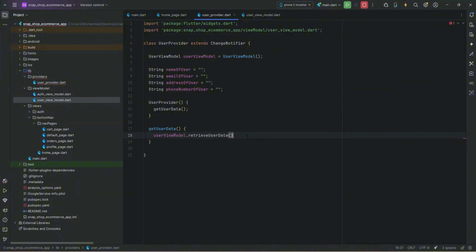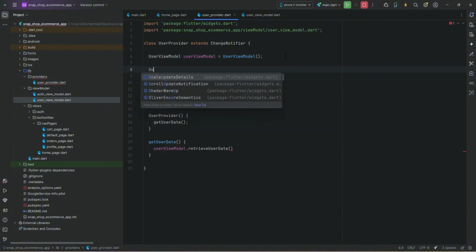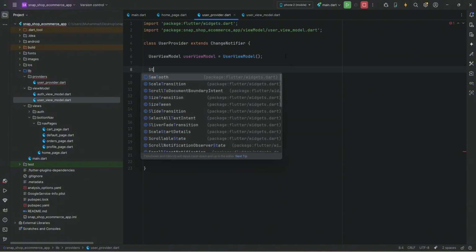Now here we need to listen for the changes in the database, that is, let's say if the user data is updated. So in order to listen for the changes, we have to use stream subscription in Flutter. So for that purpose we can create an instance of the stream subscription,